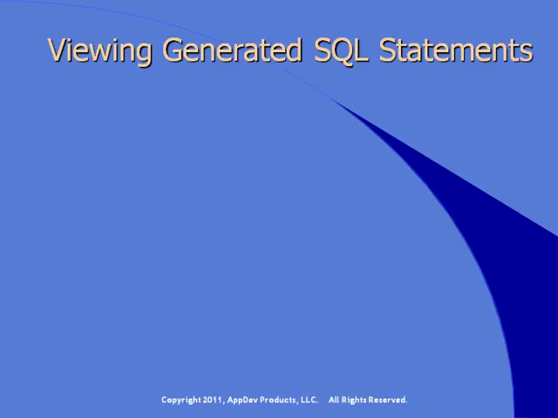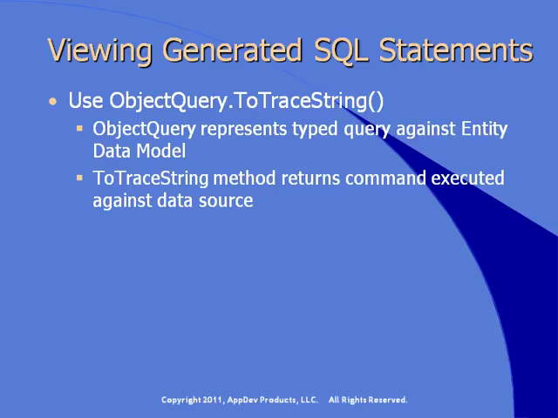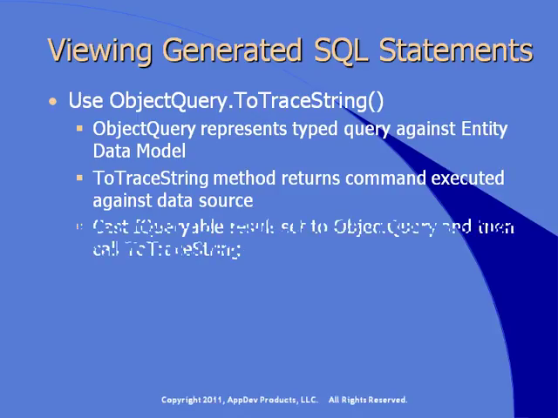In the demo, we're going to write LINQ to entities queries against data that's stored in a SQL Server database. And so you're going to want to view the generated SQL statements. There are a couple ways you can do this. You can use the ToTraceString method of the ObjectQuery class. Now, ObjectQuery represents a typed query against your entity data model, and the ToTraceString method returns the command that's executed against the data source. So what you then do in code is cast your IQueryable result set to an ObjectQuery, and you can then call the ToTraceString method. And that will show you the SQL statement that LINQ to entities generated and sent to the SQL Server database